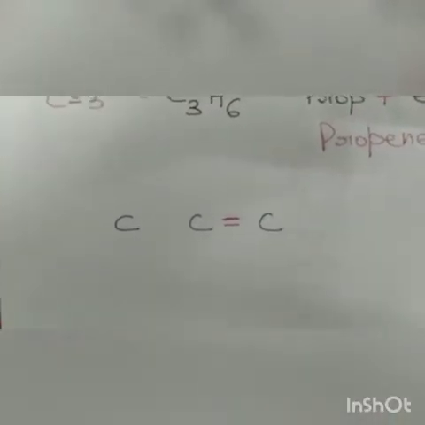How many carbon atoms are there? There are 3 carbon atoms. Have a closer look, and there is a double bond. So I have drawn the double bond between carbon atom 2 and carbon atom 3, or between these 2 carbon atoms. Okay, now I will tell you how to satisfy the valency.